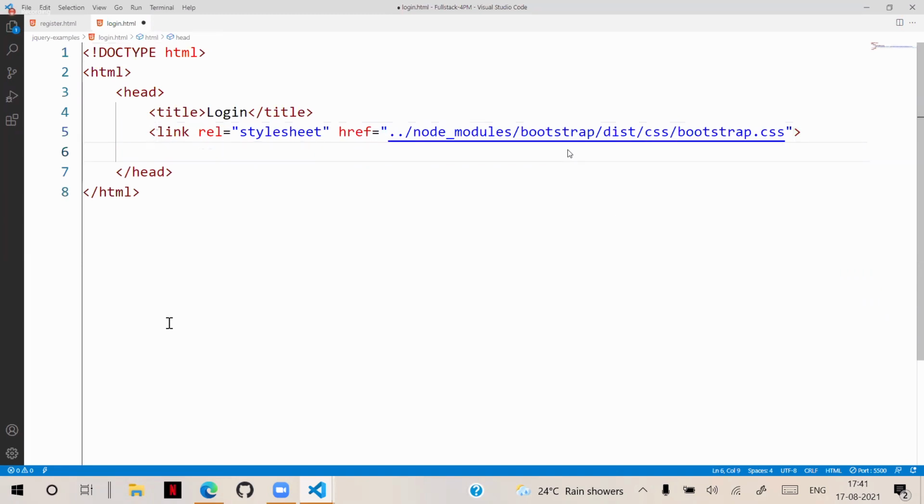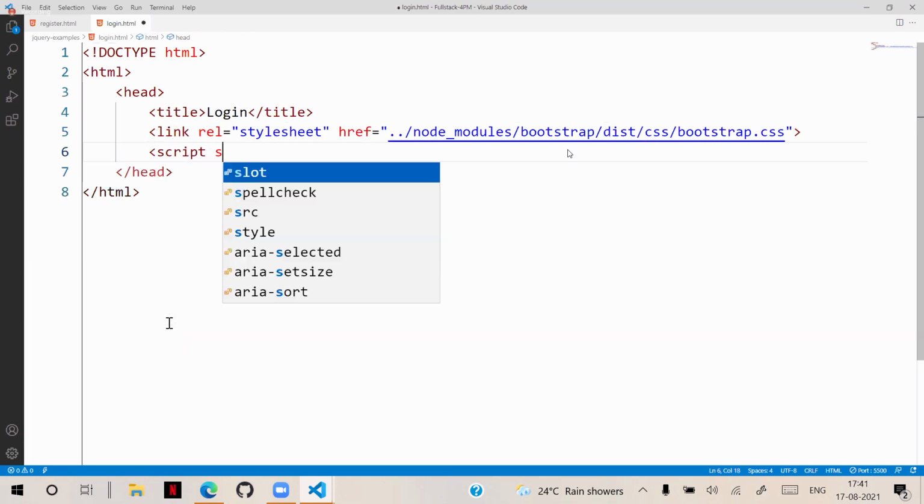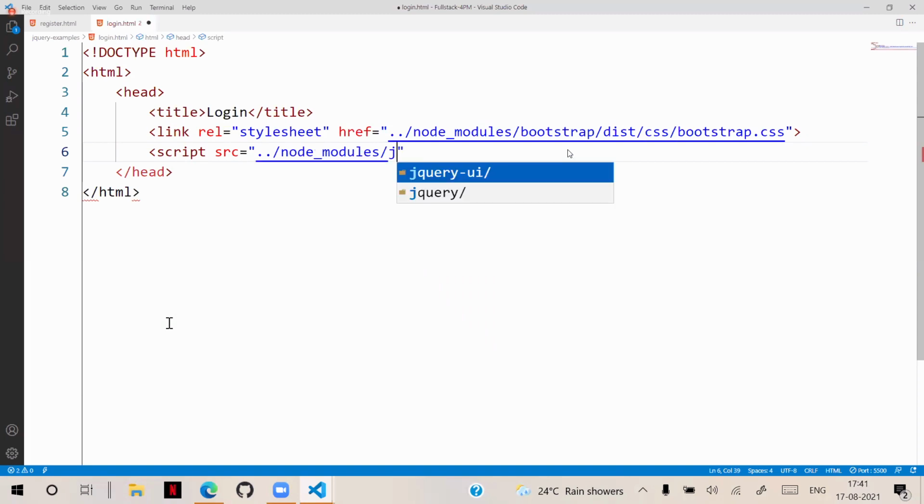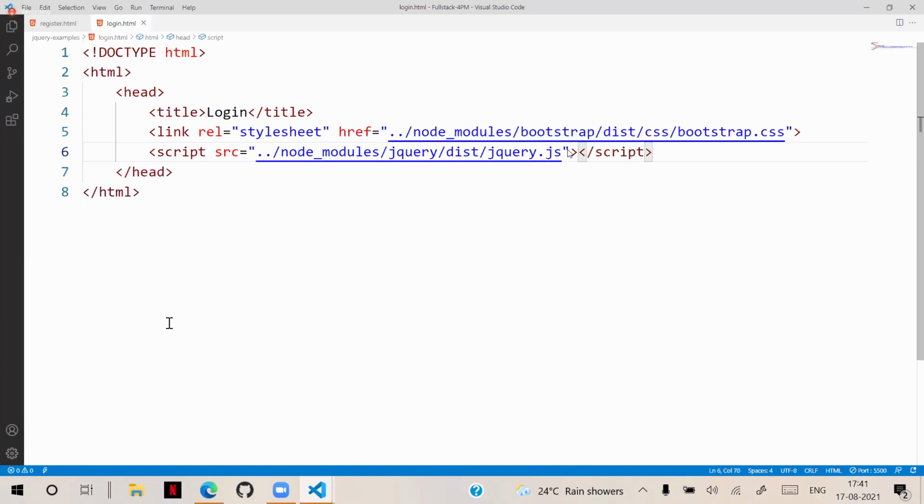Now here we are defining script src equal to node_modules, jQuery, dist, jquery.js. We are using that jQuery script also.